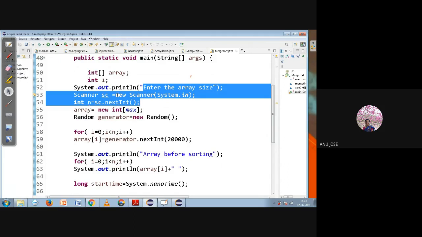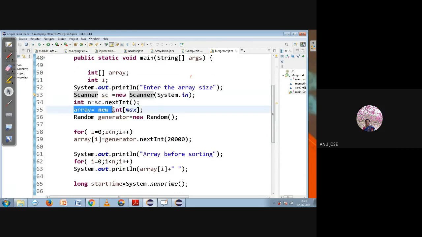That means how many integer values, or how many random numbers, I need to generate and store in the array. Then I created an array with maximum size 10,000. The variable max has already been declared over the top, and we have given the value 10,000. So the array has been created here.